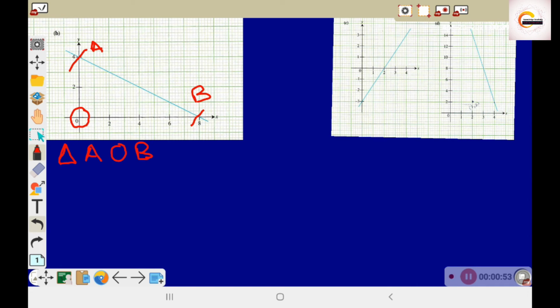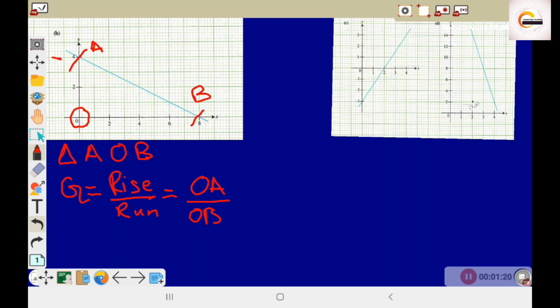We already know it's 0, 0. So in triangle AOB we have to find out the gradient, which is, how will we find out the gradient? Rise upon run. See, rise upon run, and rise is OA and run is OB, and we know that in